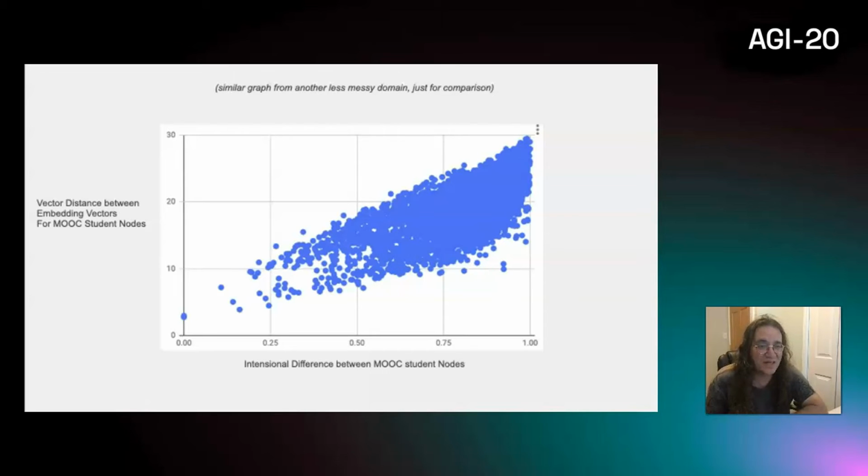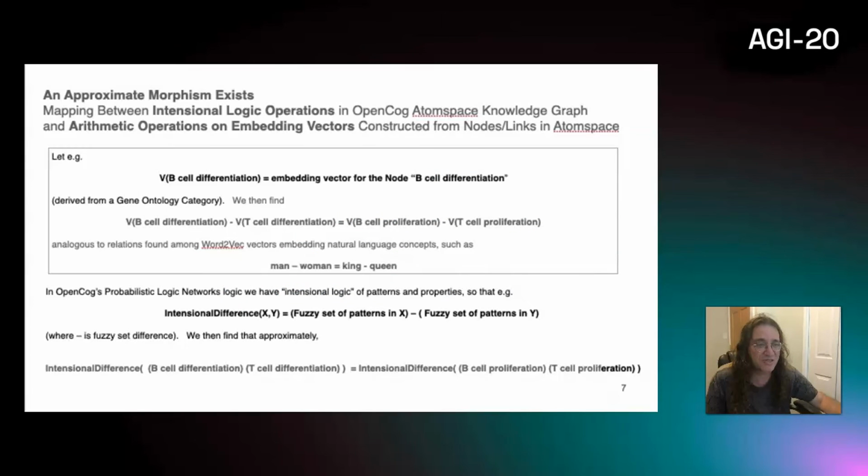So the fact that on a crisper, less messy atom space, which is also of less fundamental interest, you get a nicer correlation between vector distance and logical distance, that gives us some faith that the rough correlation we see in the biology atom space is not just noise. So